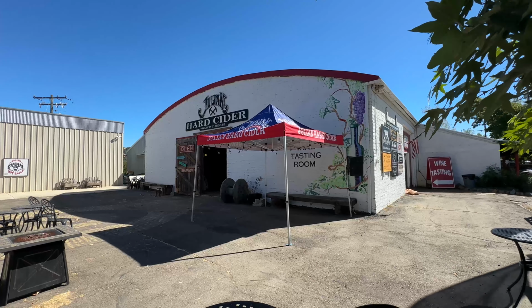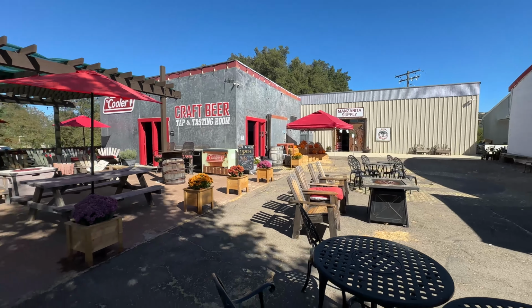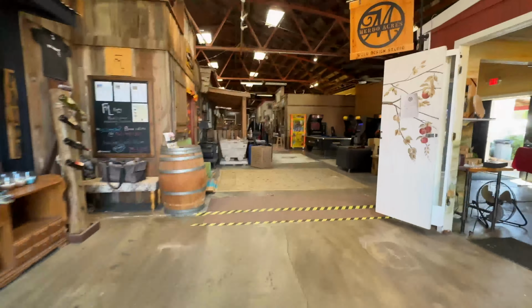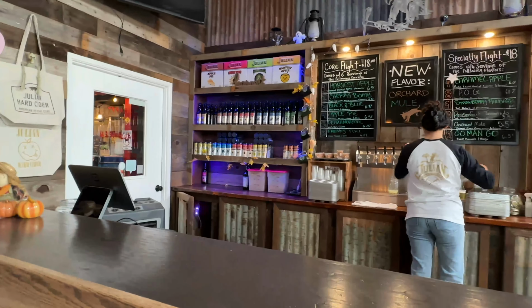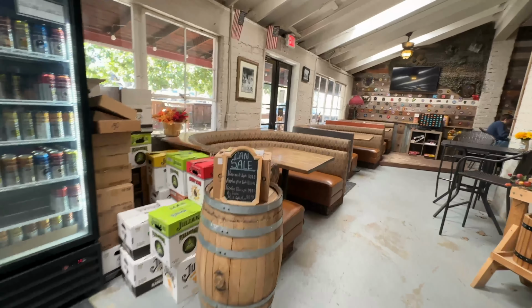Just got to Julian Cider Company, and I'm gonna run inside first and grab my cider. The patio out here is dog friendly, but I'm not sure if the inside is. So I grab my cider, come out, and Mel's in the car right now with the AC. So the inside was definitely dog friendly. There are two different entrances to get to Julian Cider Company. This is kind of the long way, but it was kind of cool to walk through the little shops here. But this is the inside of Julian Cider Company. There's seating